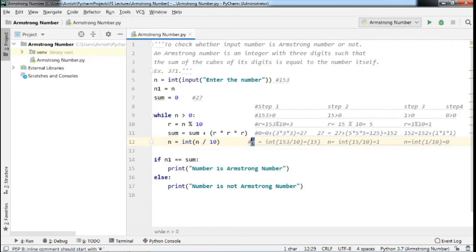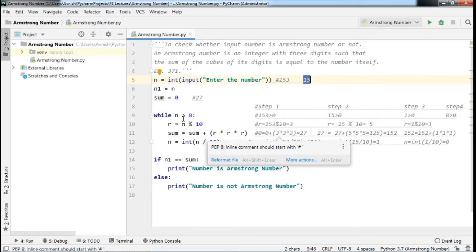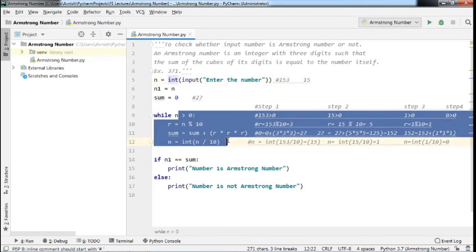Now see here, your new value of n is 15. In the previous step it was 153, now it becomes 15. In this way your first iteration of the while loop is over.